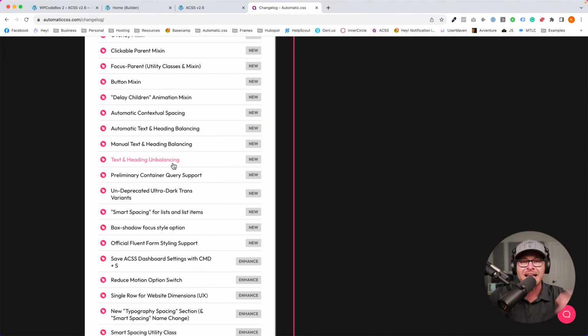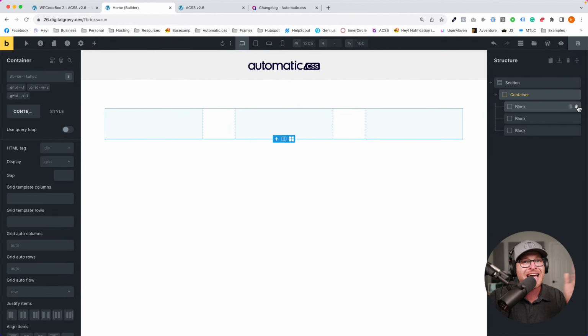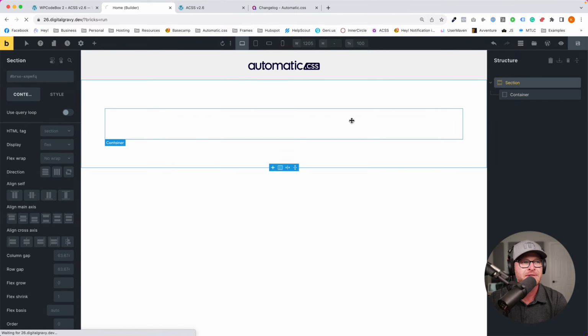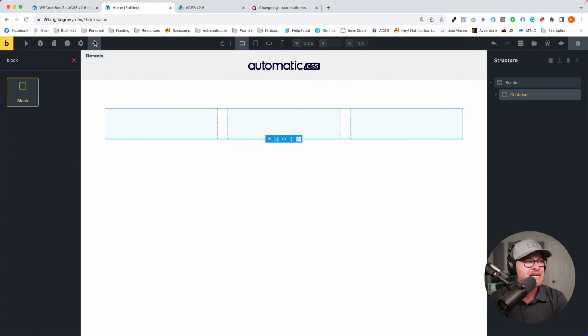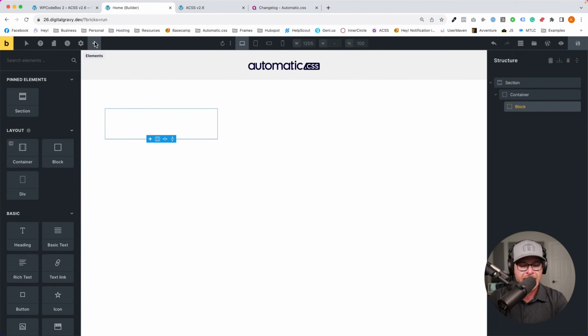Text and heading balancing. Guys, this is getting fun. Now, there's some things that we got to talk about here, but this is just going to be very fantastic stuff. By the way, in Bricks 1.8.4, is anybody else noticing this? When you style a class, the builder's having trouble updating the preview, and sometimes it requires a little bit of a refresh. That is a bug they fixed, but to me, it's come back a little bit. It's creeped back in.